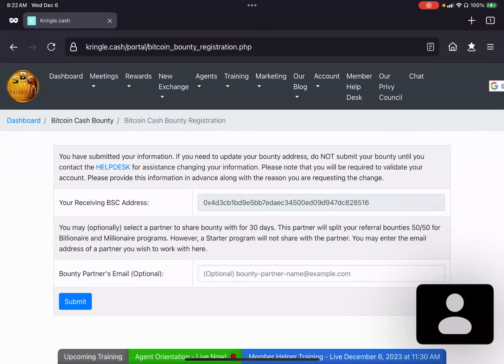As a sponsor, you're already receiving bounty via this address. This doesn't have anything to do with your verified wallet. Your verified wallet is for incoming payments, and the verification system is currently being looked at. I know that there's some issues with it. That is not part of the bounty system. So you don't need to worry about the verification system. It's a part of the payment system. So when you're making your payment, you have to verify your wallet, and that is done through